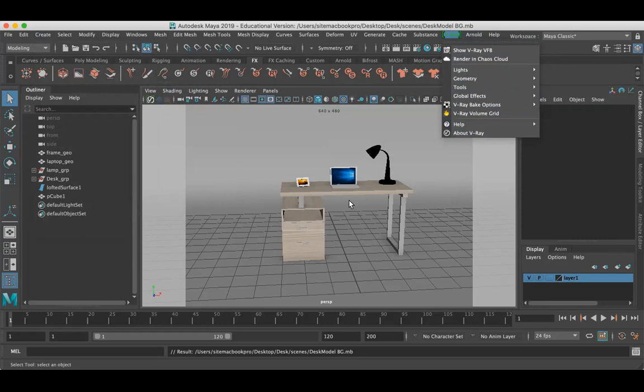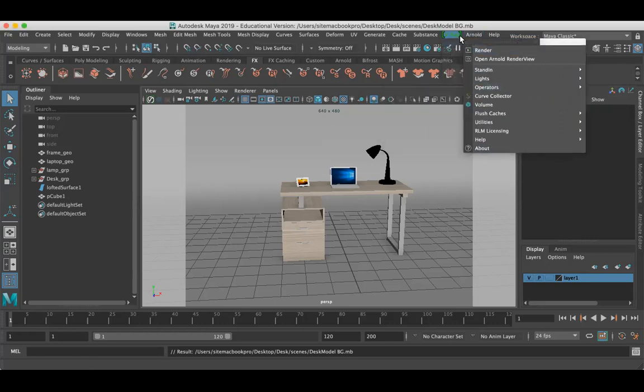If you are working with architecture work, you can also go with V-Ray. But the only thing is, it takes a huge time to render, and the same quality we can achieve through Arnold in less time.